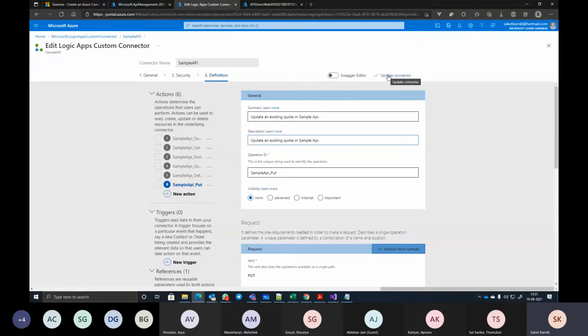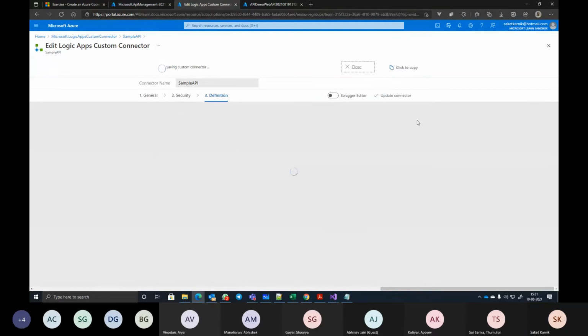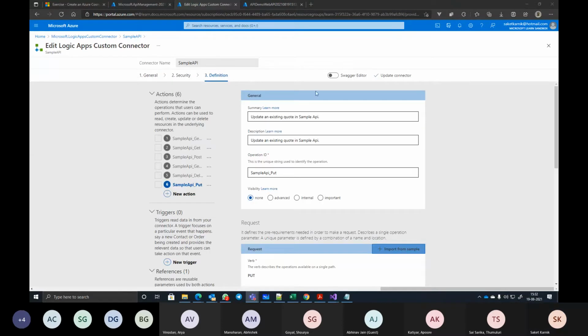Just click on update connector once done. It saves all the configuration. Successful. Comes back on that same screen.